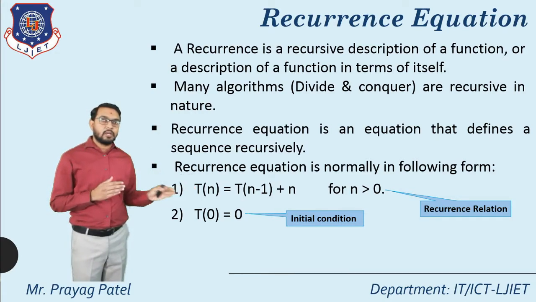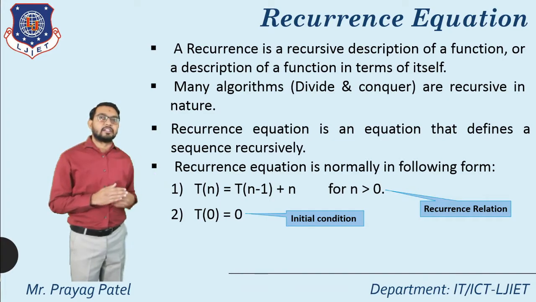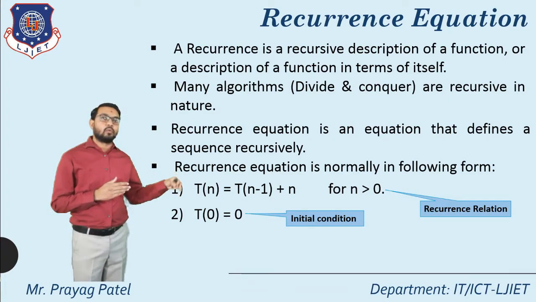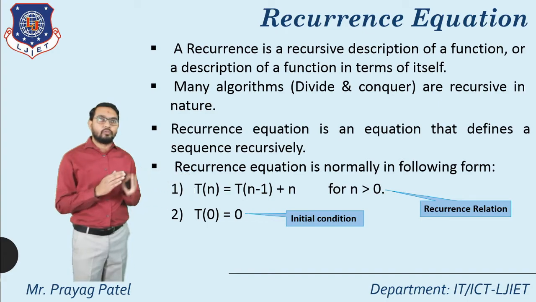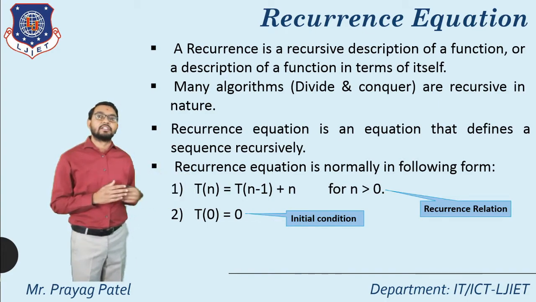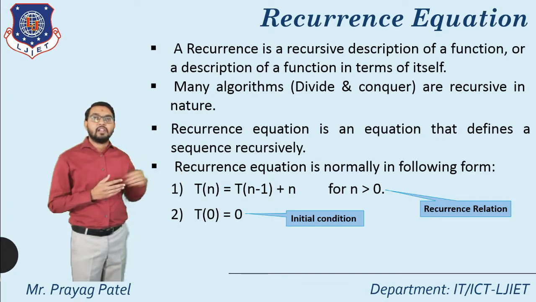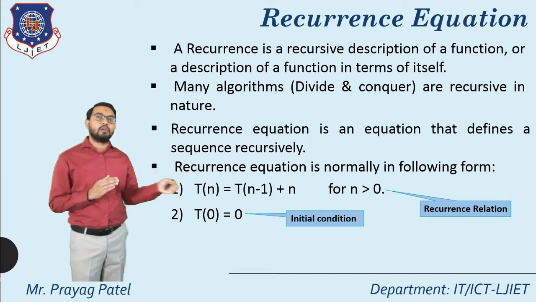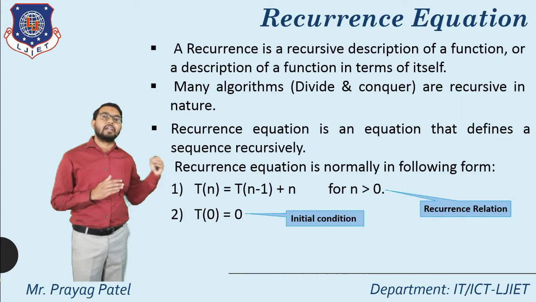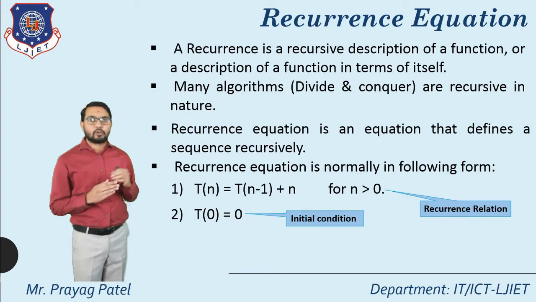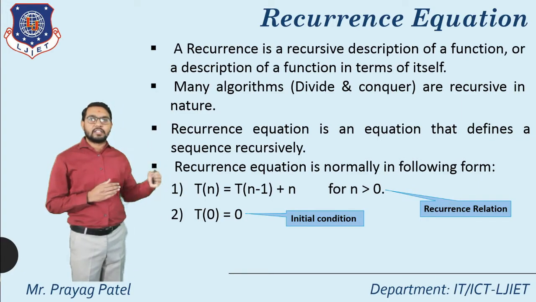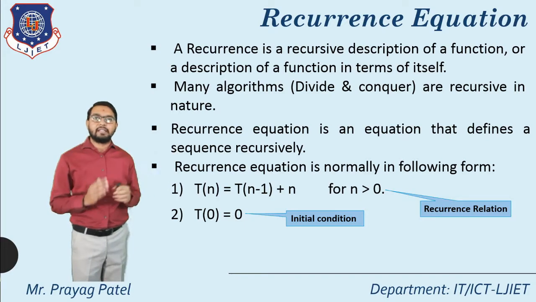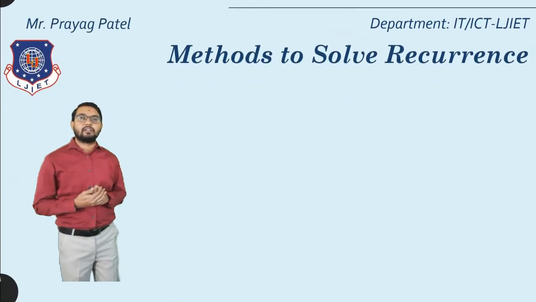So in this term, T is considered as a recurrence form. T of n equals T of n minus 1, so the second time you call the function T of n minus 1 recursively. That's why we consider this equation a recurrence equation, and plus n is considered a constant. For the n value, we can consider n greater than 0, which means in place of n we consider the values 0, 1, 2, 3, 4 like this. So this is a recurrence equation.